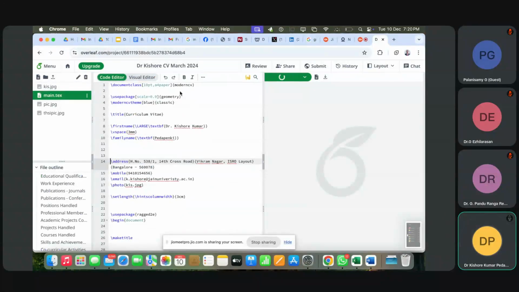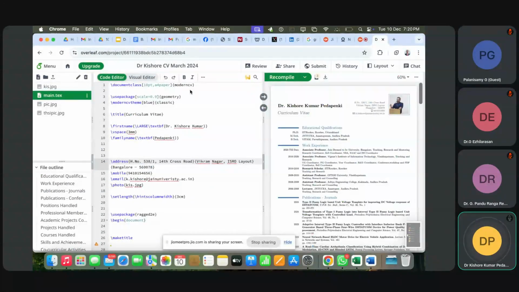Yeah, this is a modern CV. So this particular class is called modern CV. You can see how nice my CV is visible. It is the structure actually. This is the structure of modern CV. The structure will be like this: education, qualification will be here, and affiliation will be here, and you can see work experience. Date will be here, and experience will be here. You can see the things also. Associate professor is in bold. JAIN deemed to be university is in italics. After that, it is normal, and other things are normal.